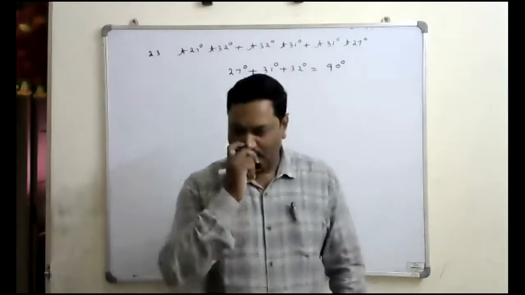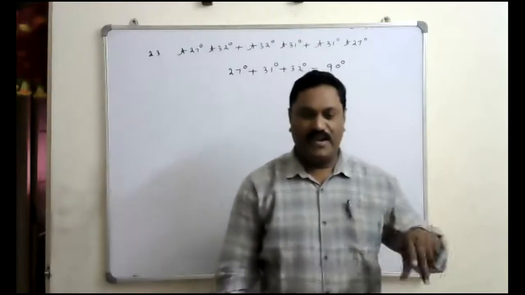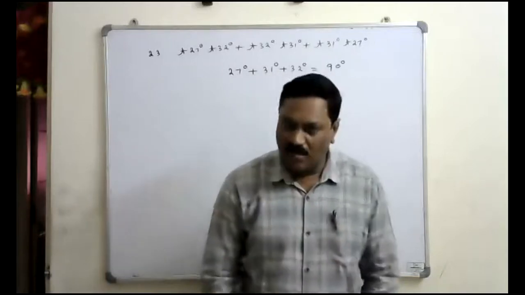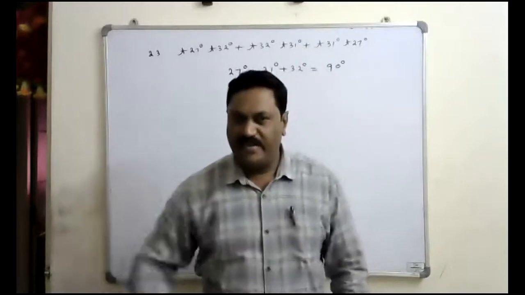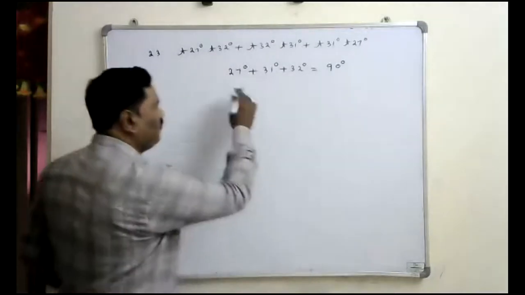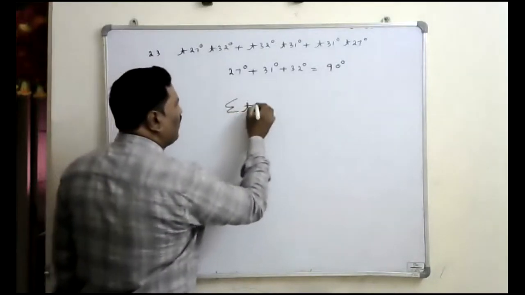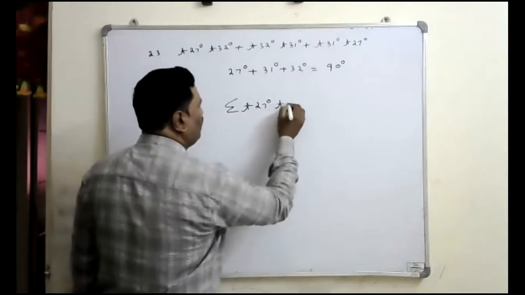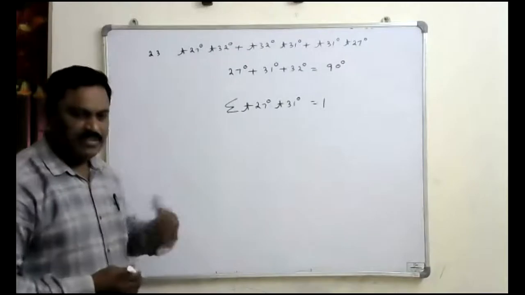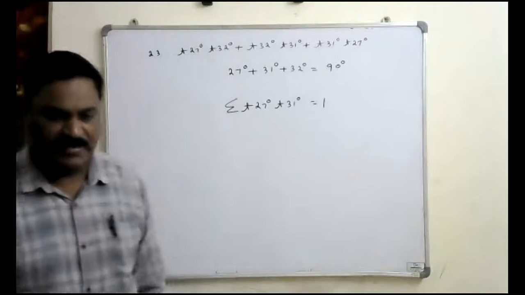What is that 1? Sigma tan A tan B value is 1. If A plus B plus C is 90 degree or an odd multiple of 90 degree, sigma tan A tan B is equal to 1. That is the result. So here the sum of the three angles is 90 degree. Therefore sigma tan A tan B is equal to 1. If you expand the sigma, you will find the three terms, those are these three terms. That value is equal to 1. So it's a direct result.